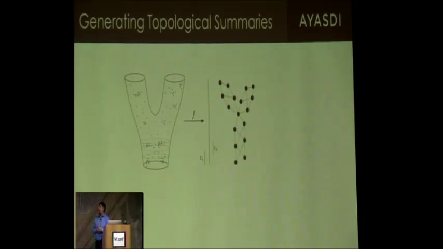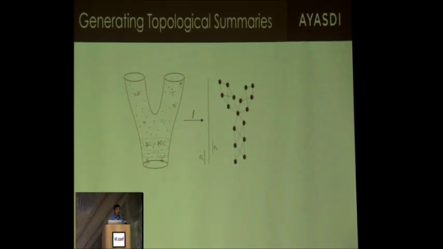So this is what I get. This is a summary. So what do I mean by this is a summary? Well, I mean that I've remembered something about the space that I started with. I remembered that the pair of pants has a kind of Y shape to it. But I haven't remembered everything. I've forgotten some things too, right? There's an empty hole in the pair of pants. There's this circle, this void, and I forgot about that void. I didn't remember it in this process.